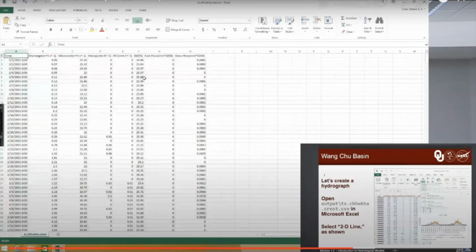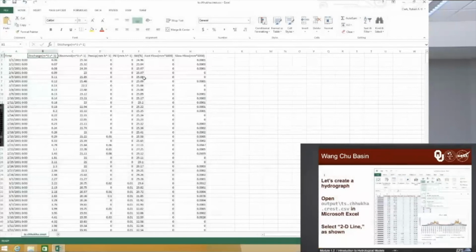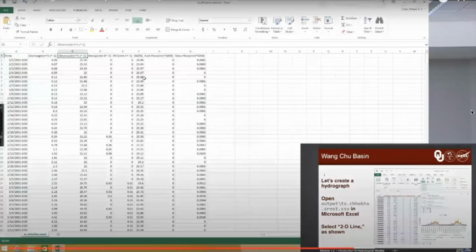So you can see the model gave us the time, discharge, or that's also stream flow, the observed